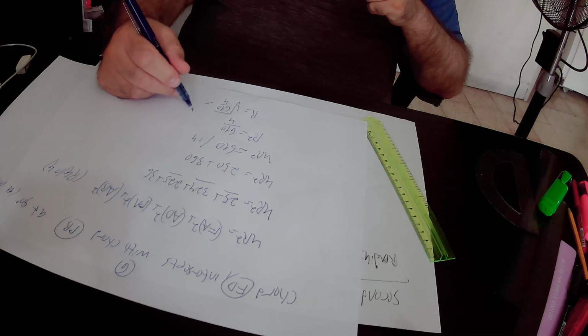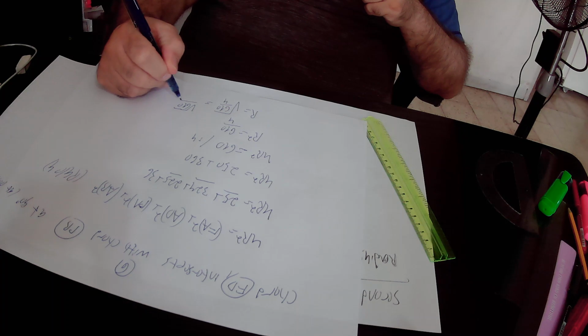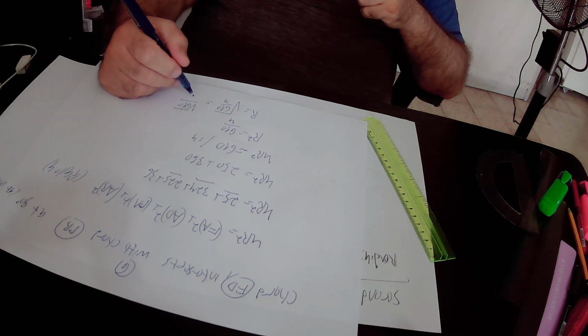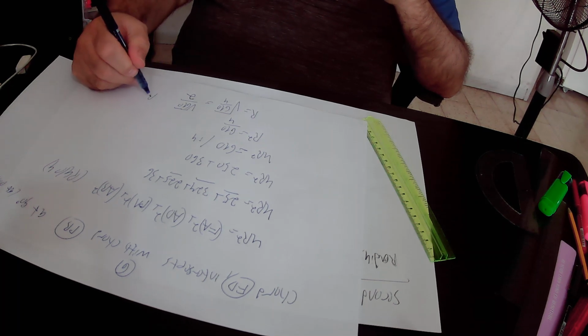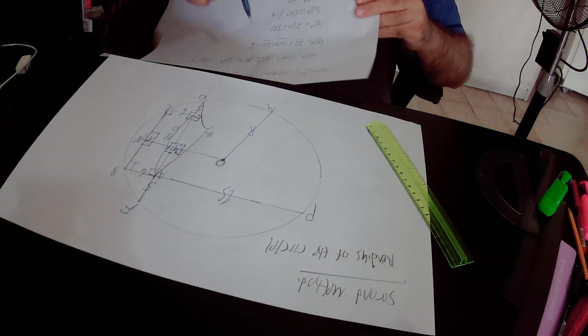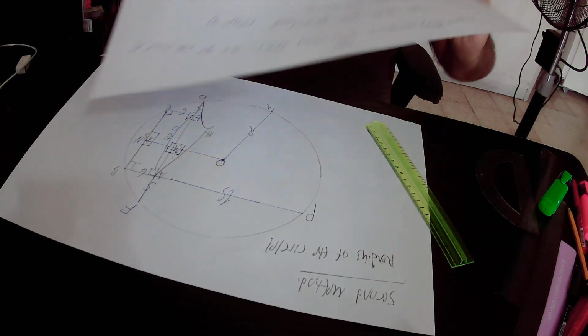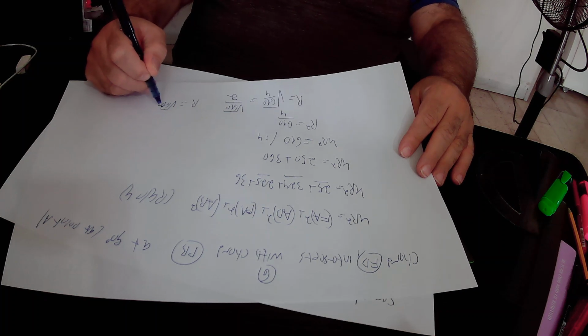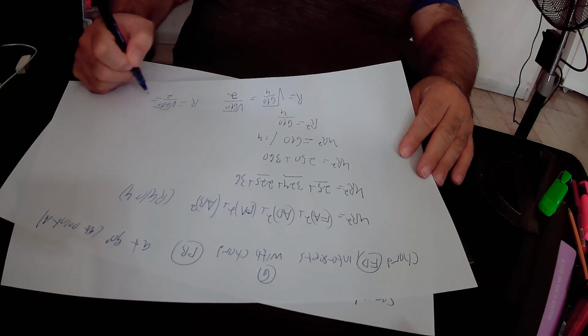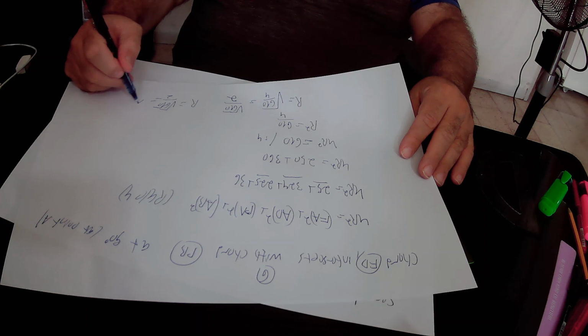So we have here the square root of 610, and the square root of 4 is 2. So we can take 4 out of the root, and instead of 4 we'll find 2. So we actually found that the radius of the circle that we are looking for, the radius of this circle, capital R, is equal to the square root of 610 over 2 units, or in terms of numbers, it equals